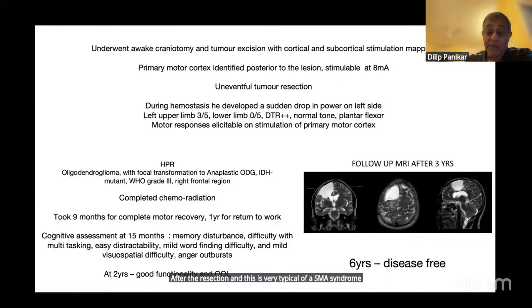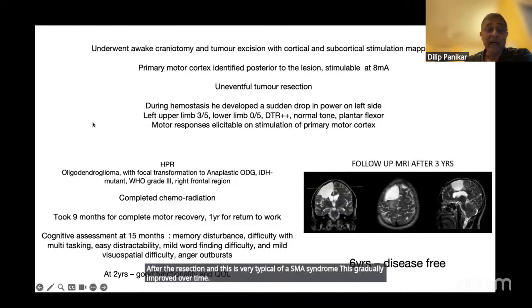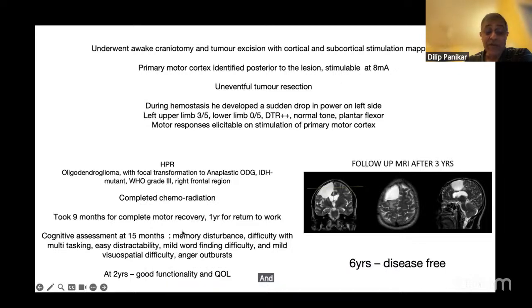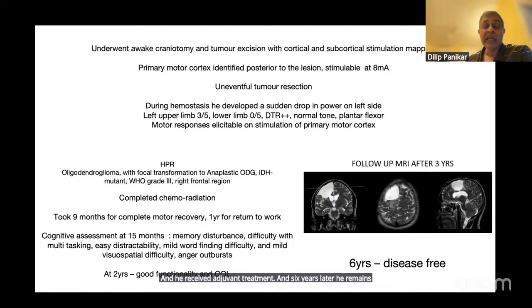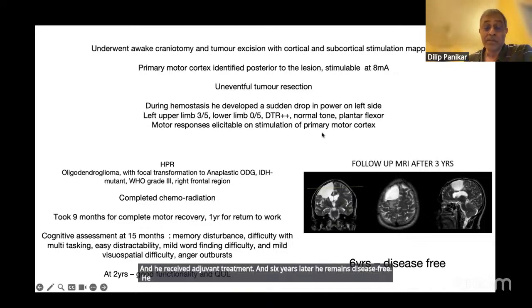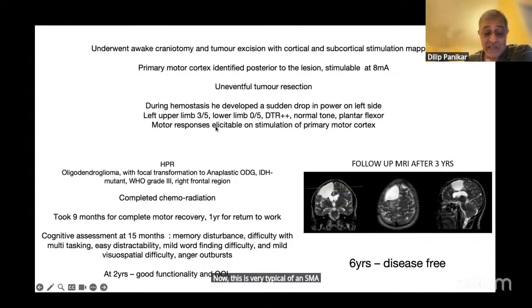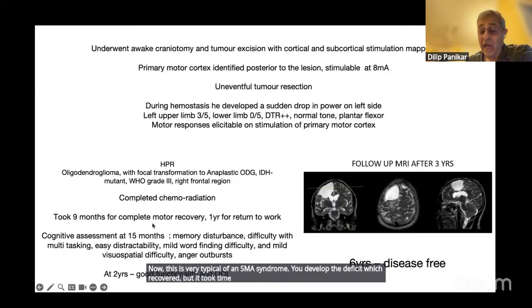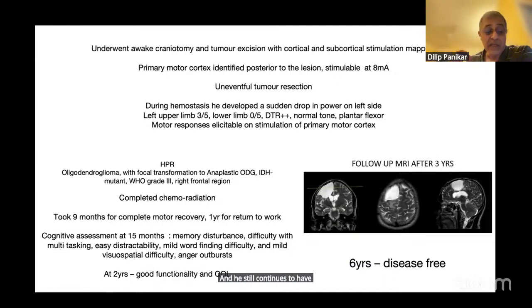This gradually improved over time, and he received adjuvant treatment, and 6 years later, he remains disease-free. He took time to recover. It took him almost a year and a half before he was able to get back to work. And he still continues to have emotional